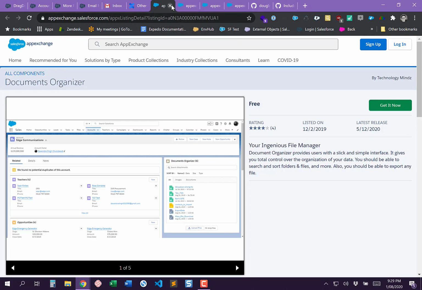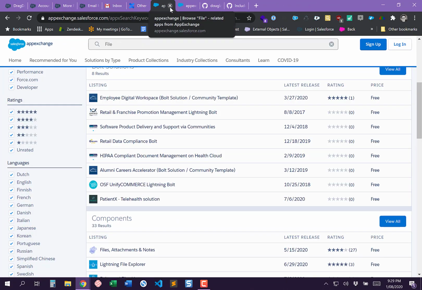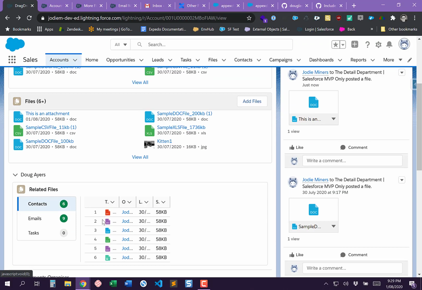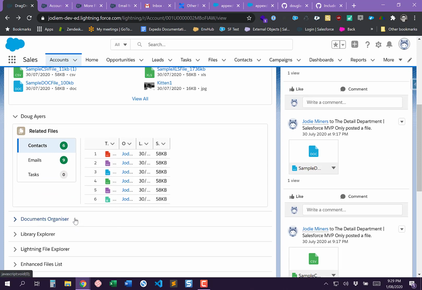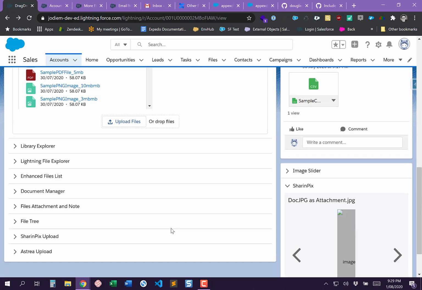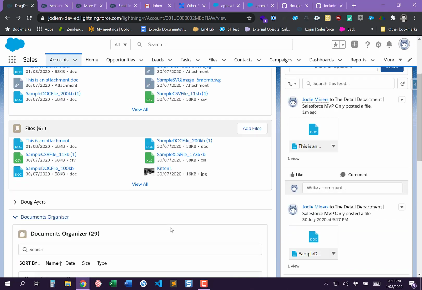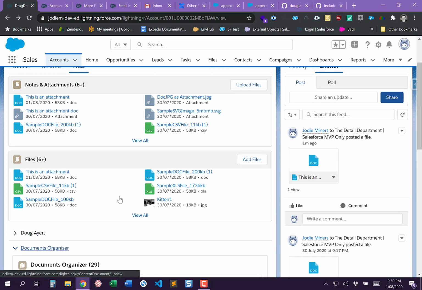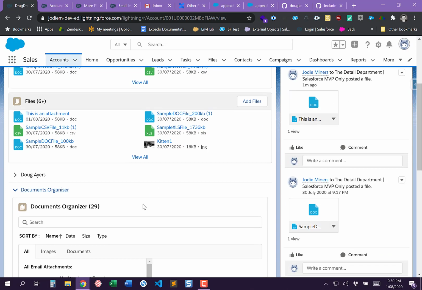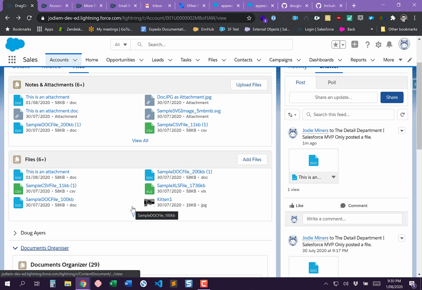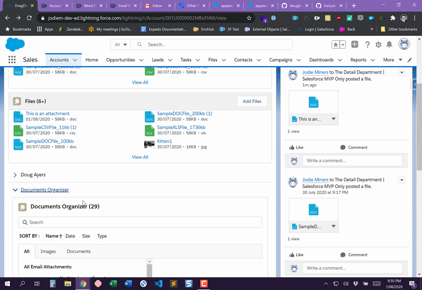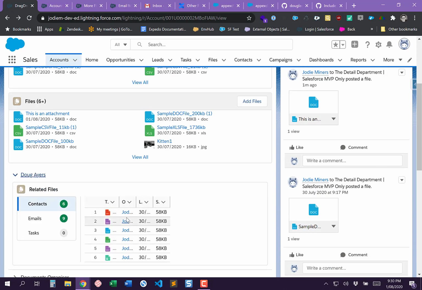that we can use. Again, I really just highly recommend you use the first two that I showed you, which is this related files component, this documents organizer component. I think those two together is great. I think with this document organizer, you could remove the files related list. Unfortunately, you're still going to have the attachments related list if you've got attachments. But just to be able to have the ability to see emails